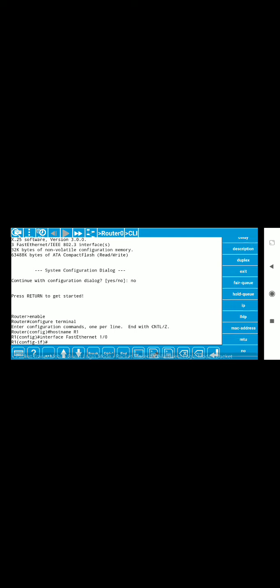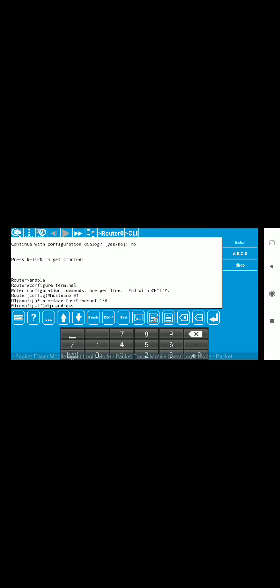For that we need to write the command IP address. So click on IP, then address, IP address, and for this interface our IP address is, in ABCD format, 172.16.0.1. This is called the gateway address or default gateway. Okay, or it is called just the gateway address.